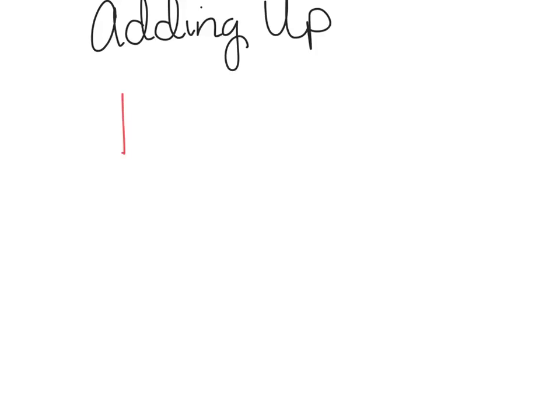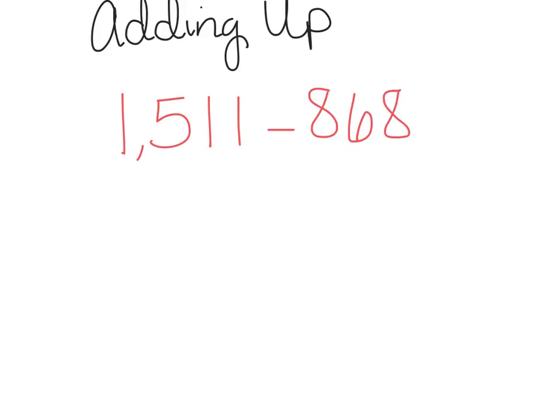All right, I am starting with 1,511, and I want to take away 868. Okay, the adding up is very similar to the subtracting in parts in that you're going to start with the smaller number. So I'm going to start with my 868, and I am going to add chunks to my 868 until I reach